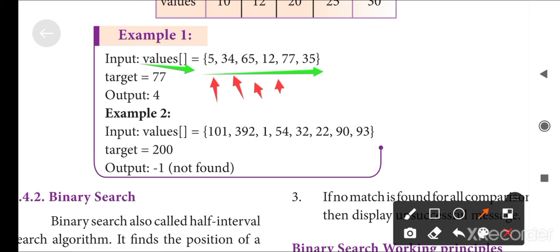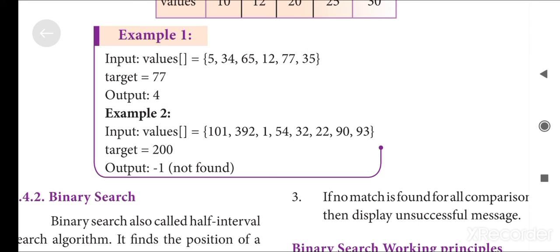So the output is 3. If the target value is 77, then 77 has index 4, so we get the output as 4.